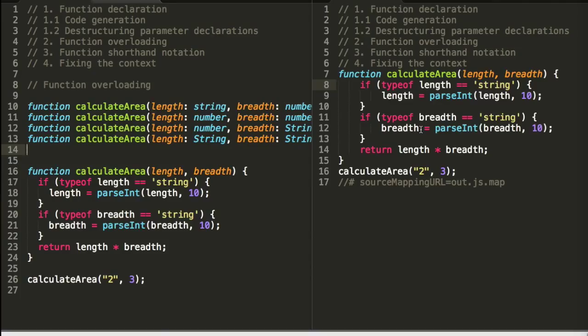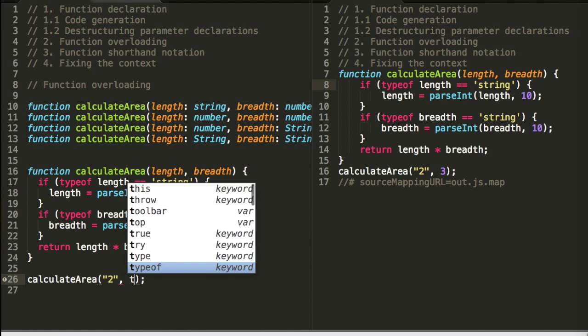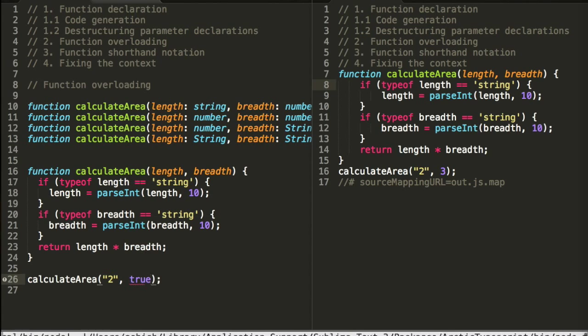I mean, when you're compiling TypeScript, it'll do its magic under the hood, and then it'll convert it to the code. So you will get errors at the compile time. So let's say if I pass in values like true, I will actually get an error at the compile time, with the code that's converted into JavaScript,